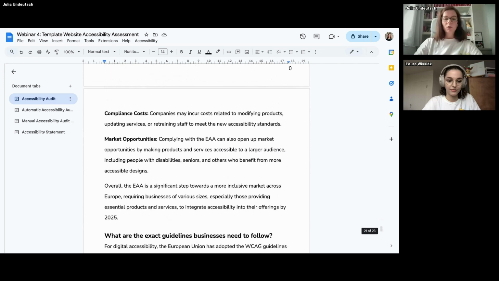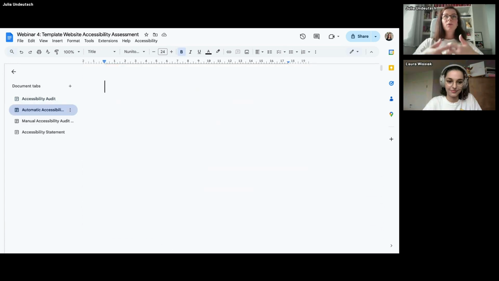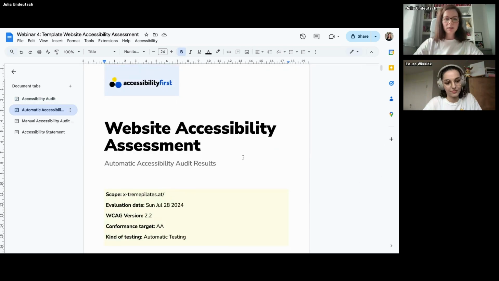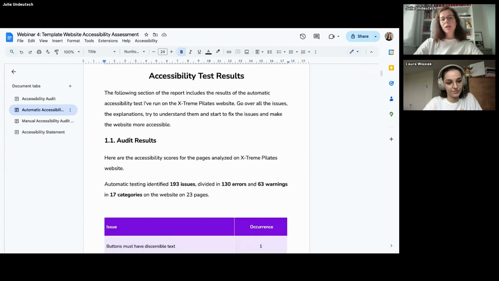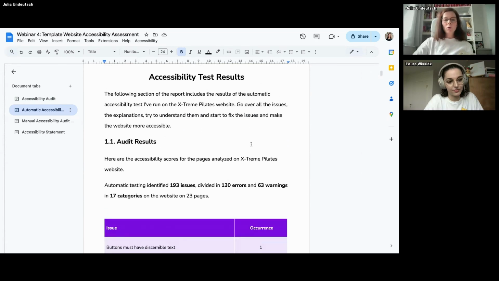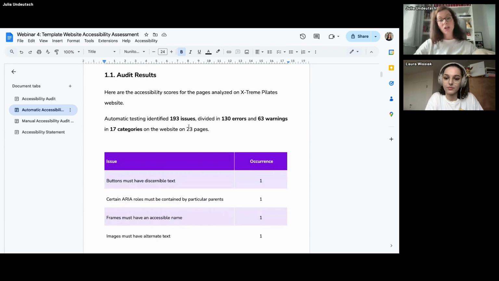The most interesting part, I would say, for the developer, or also for us when we are looking for errors and writing the tickets, is of course the audit itself, and to do the automatic testing, where I shared, first of all, how many issues I found with automatic testing in general, and also how to divide them: that we have errors, which would be the critical and serious ones, and that we have warnings.